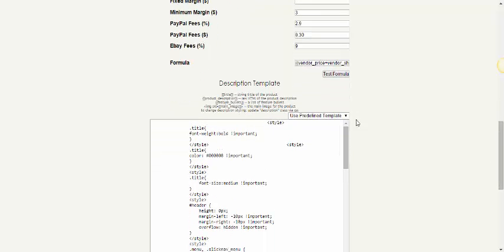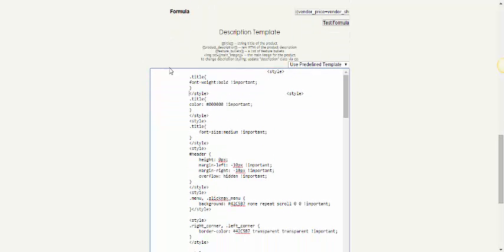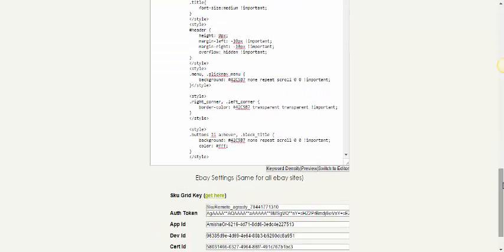Okay? The other thing that you'd want to do is, if you have an existing HTML template that you like to use for your listings, you can paste that code in this box. I would delete anything that's in this box, and then you can right click and paste that HTML template in here. If you don't have a template and want to use one that HydraLister has created for you, they have two, and they are blue or green, but the format's the same. And if you select one of these, it will automatically insert the HTML code for that listing. And what you would want to do after that is click switch to editor,